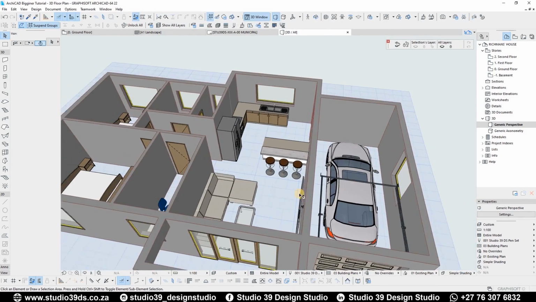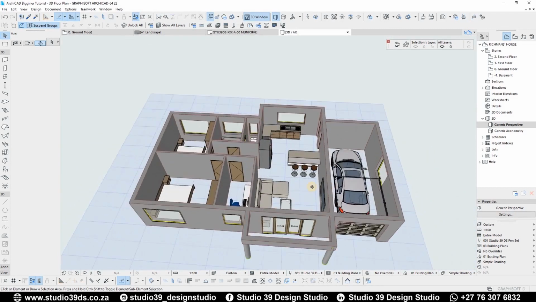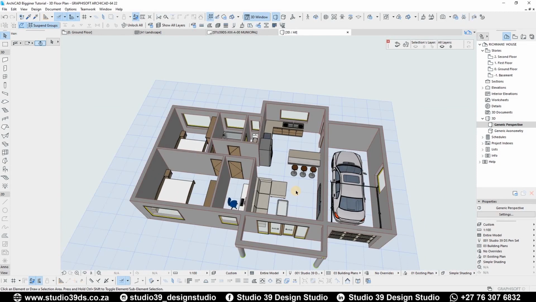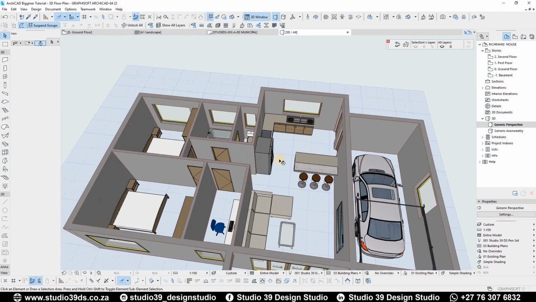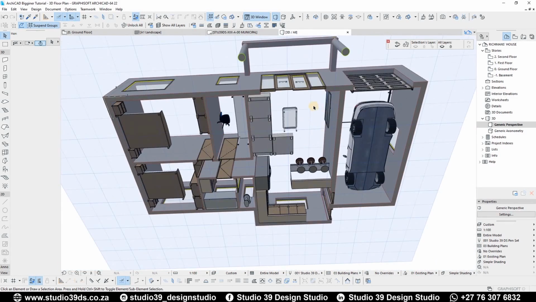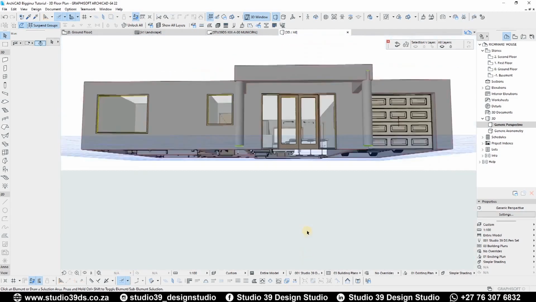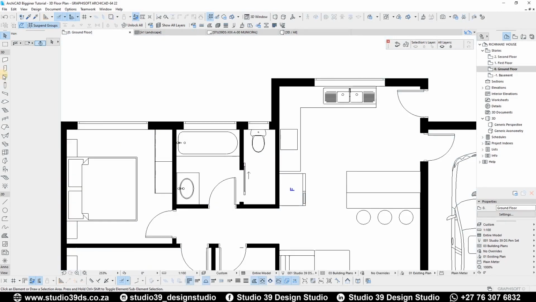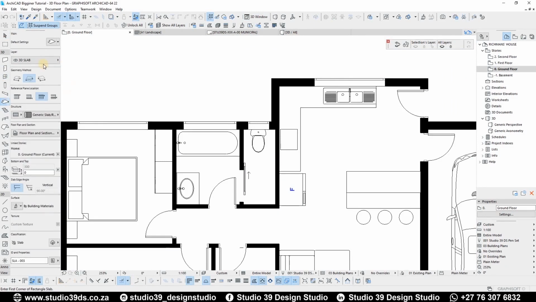Okay, so now that I've finished the windows and doors and everything else, what I'm gonna do is go back to the floor plan and add the floors, because right now there are no floor finishes or no floor slabs. So I'm gonna go to the floor plan, and then I'm going to select the slab, the floor slab,